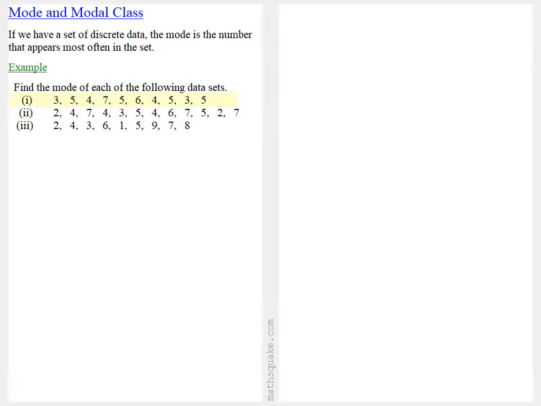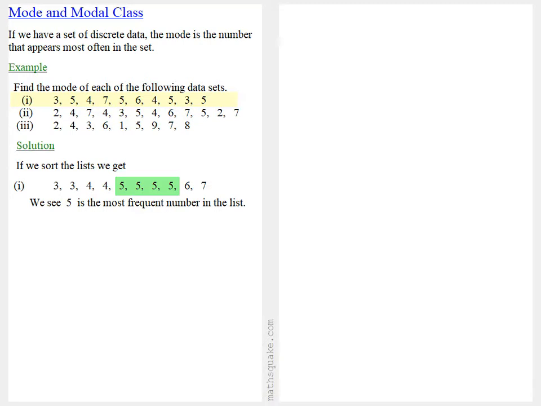Now in the first set, if we sort the list in order, we get 3, 3, 4, 4, 5, 5, 5, 5, 6, 7. We see that 5 is the most frequent number in the list, and so the mode